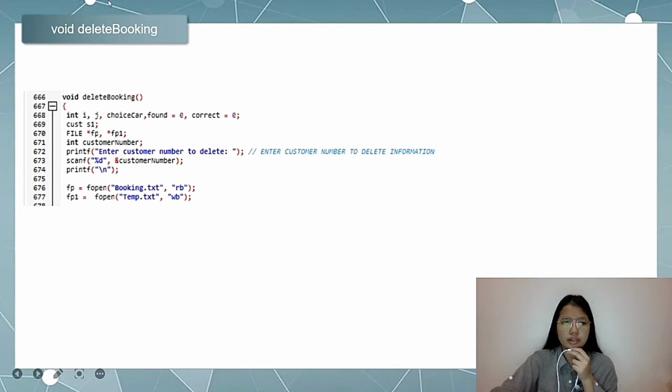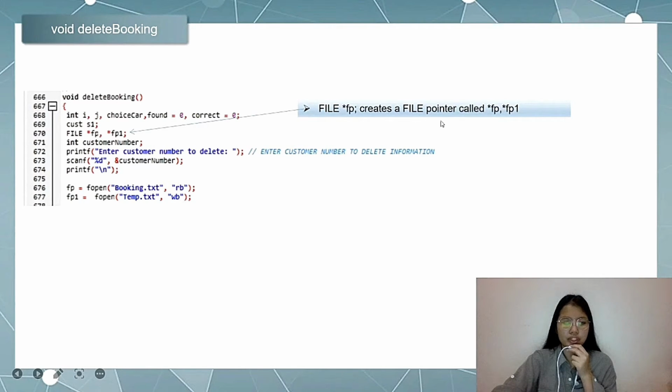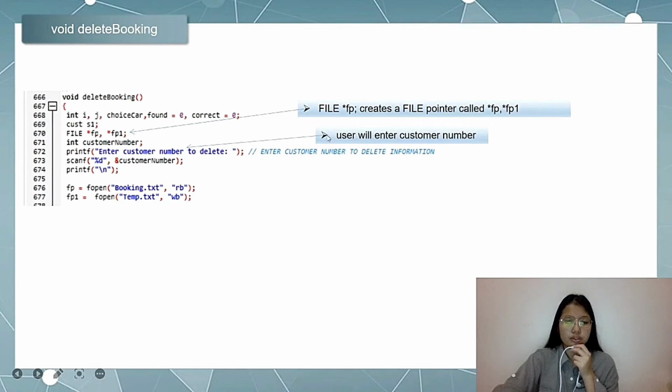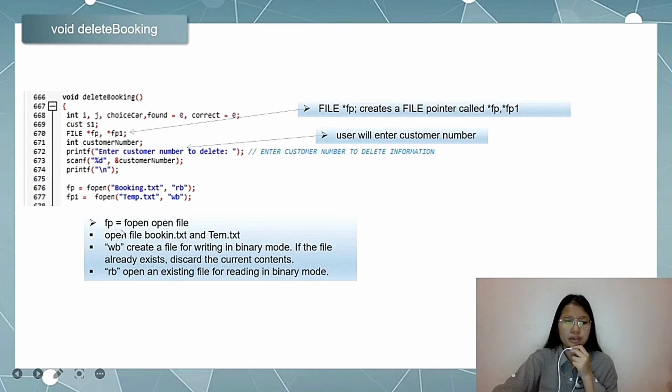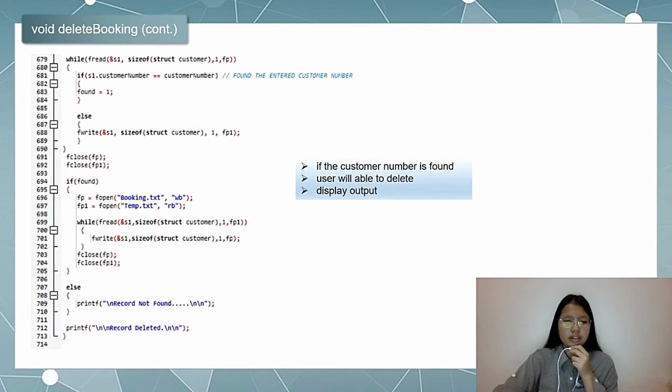This is for delete booking. If user enter number 3, create a file pointer called pointer fp and pointer fp1. A user will enter customer number to delete the informations. Fp open file booking text and temp text. If the customer number is found, user will be able to delete the informations and the program will display the record